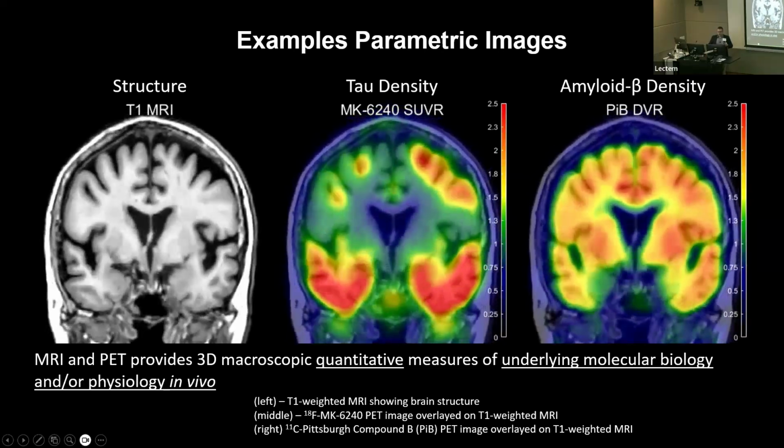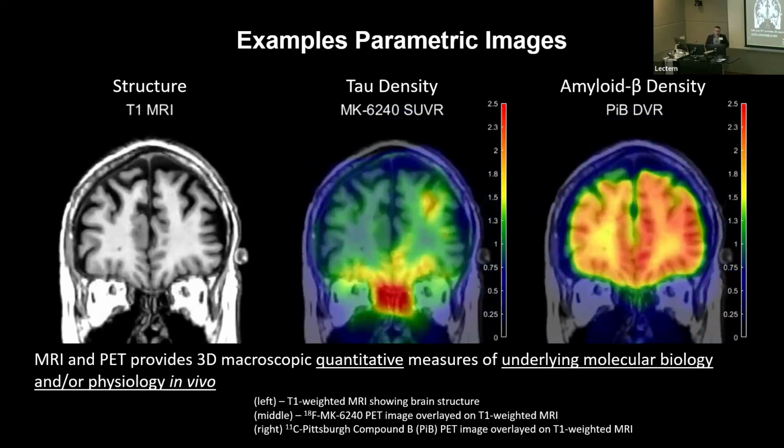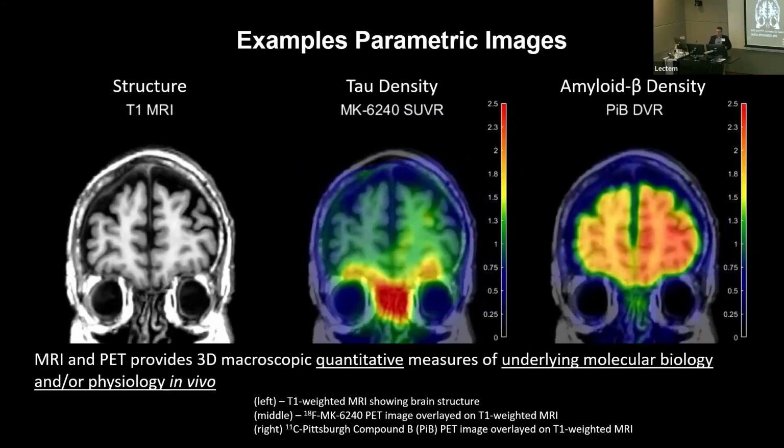These have different utilities in research. For tau imaging, the spatial component is a lot more interesting and a lot more associated with tau spreading outside of the temporal lobe into the neocortex. We see increasing levels of dementia, etc. Beta amyloid is a bit more diffuse and goes across most of the neocortex. There's a little bit of staging: once people get closer to the dementia phase, they see a lot more posterior